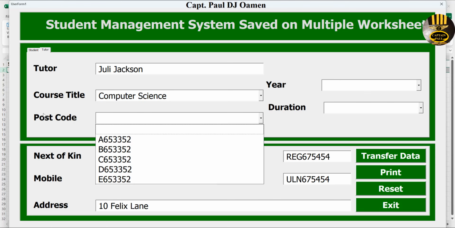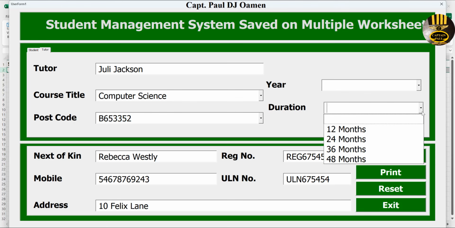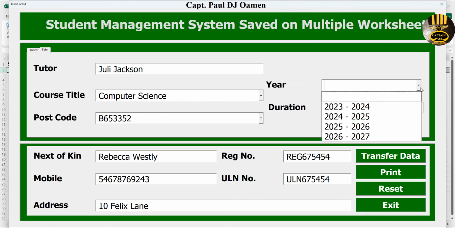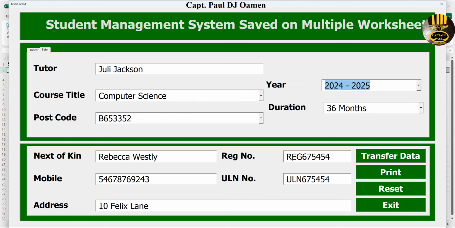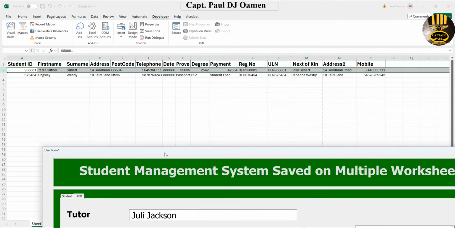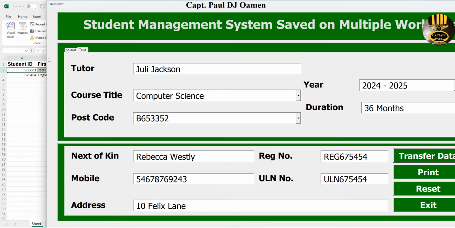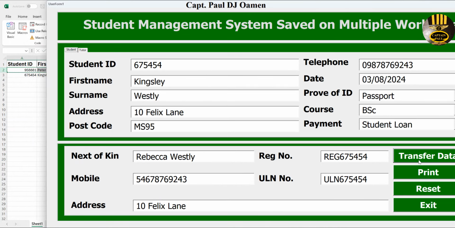Oh, that should be course code, not postcode. And here, there we go. All we just need to do is come right here, click on add. Look at that. See that, guys? If I decide to want to add it again, it's going to refuse me. But if I change this